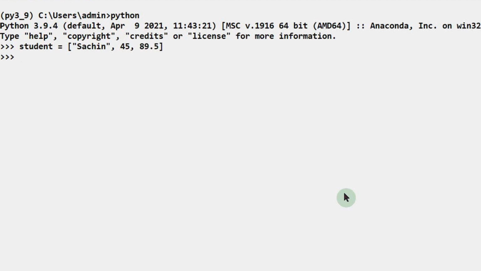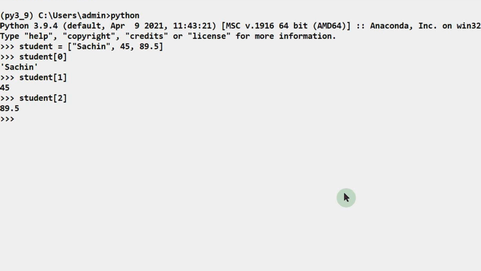Now I am using positive indexing to access the individual items of this list. student[0] gives us the first item, that is the string Sachin. Then student[1] gives us the second item, which is 45, and student[2] gives us the third item in that list, that is 89.5.